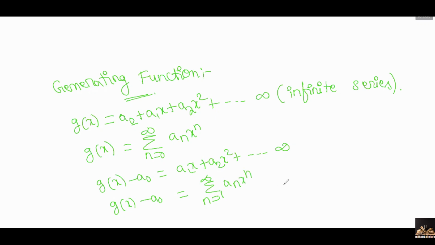Along with these two, we need to remember one more formula: summation of n equal to 0 to infinity a power n x power n is equal to 1 by 1 minus ax. On the day I said it is an, sorry. So please do remember all these formulas. Summation of a power n x power n is equal to 1 by 1 minus ax. Is it clear? Now we'll see the example.